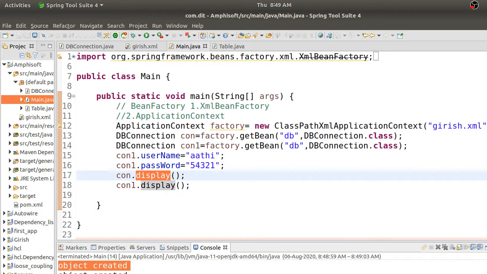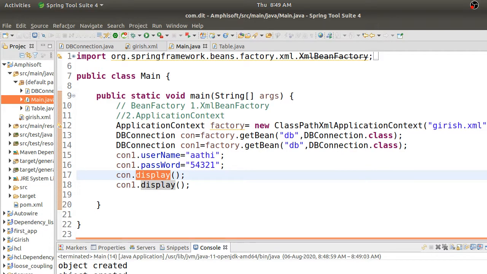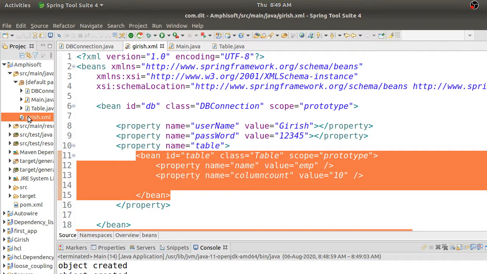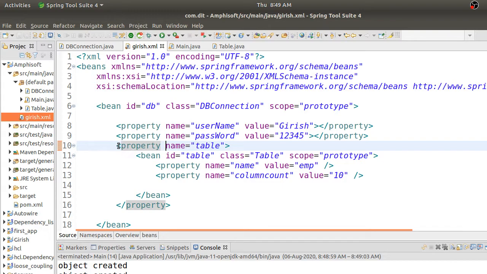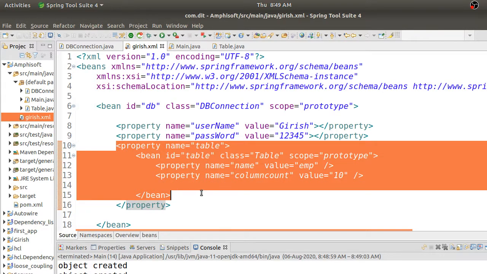Now you can see the objects created. There are two objects created. You have a table, you have emp and 10, which we have hard coded, right? Now you can observe that this one has the same attributes, and I've created one more object that also has the same attributes. It means there is some common thing between these two. Go back to the XML and check. What is this common thing? Whatever the DB connection is, maybe this table name that you have is constant, right? Whoever does the DB connection, the table is constant.